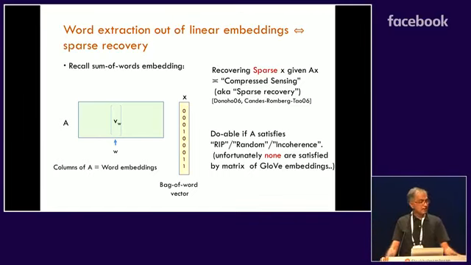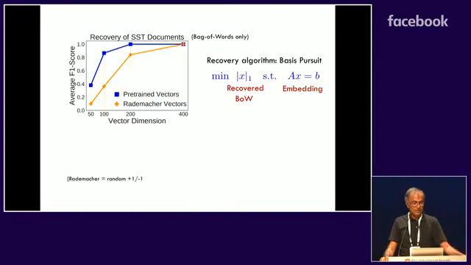Now, it turns out, if you do it with random matrices, random word vectors, sure, you can recover very well, and that's even predicted by the theory. But of course, word embeddings are not random. They are trained according to an algorithm. So we said, okay, the trained word embeddings don't follow the theory, but let's see if you can recover the words.